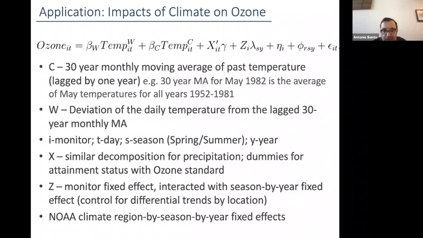The reason I still thought it was important to do it is that by now we have learned quite a bit about the impacts of climate change on agriculture, and I could certainly apply this to agriculture or some of the other more traditional applications. But I really thought that from a public policy perspective, shedding light on this relationship between climate and ozone would be particularly useful, because